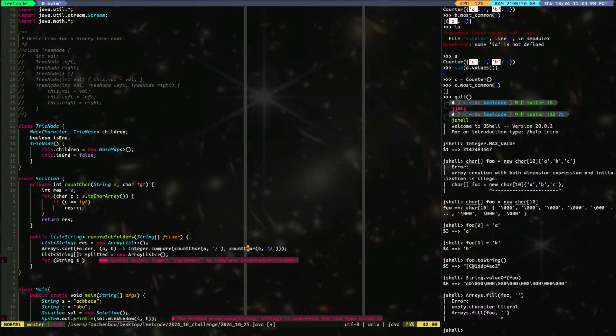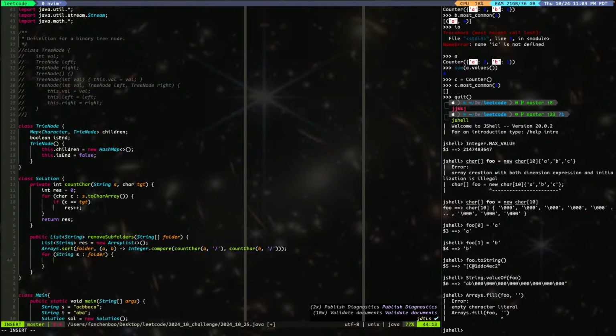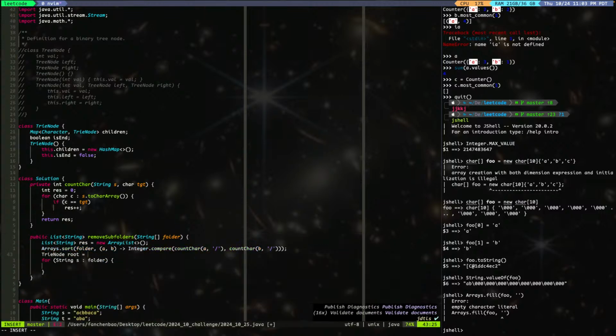Let's just do it this way. Let's see how it goes. So we don't have to do this, right? And then for folder, right? Now for each one we can build a trie, and we do need a root. So trie node root equal to new trie node. Okay. And then we say